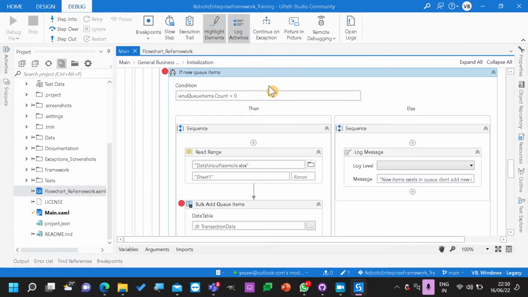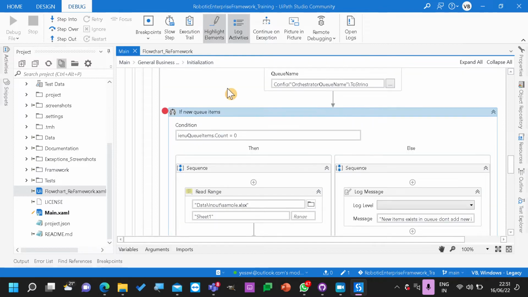Speak out, please. Will my code execute or not? If there are no cases in the queue, then it is going to load the cases. Exactly. So you need not say yes or no. You can just give an answer stating that if there are no queue items, then it will add. If there are queue items, then it will not add. Okay.